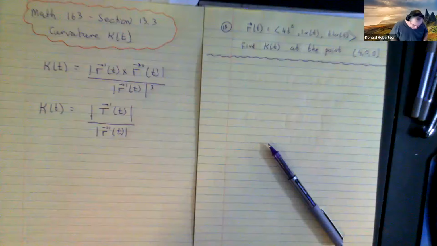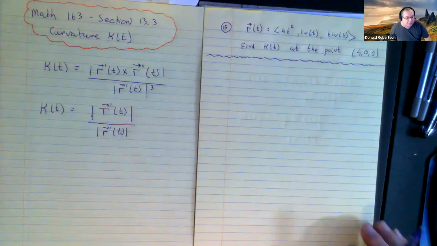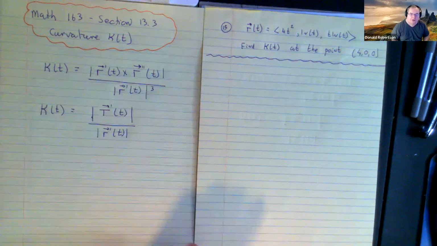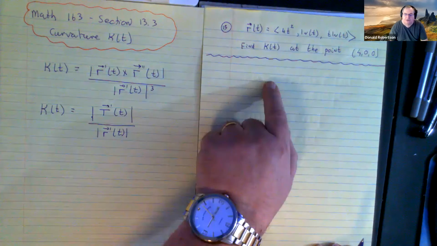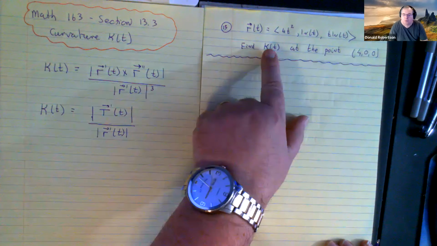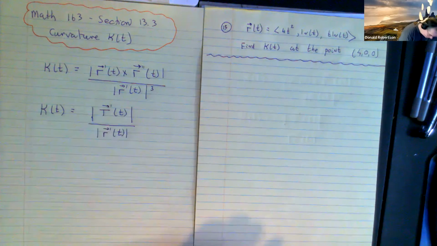Just going to do another one of the curvature ones. There are two formulas. That's my go-to one, so that's what I'm going to do. We're being asked to find the curvature at a particular point. We'll worry about the point after we've got this guy. So